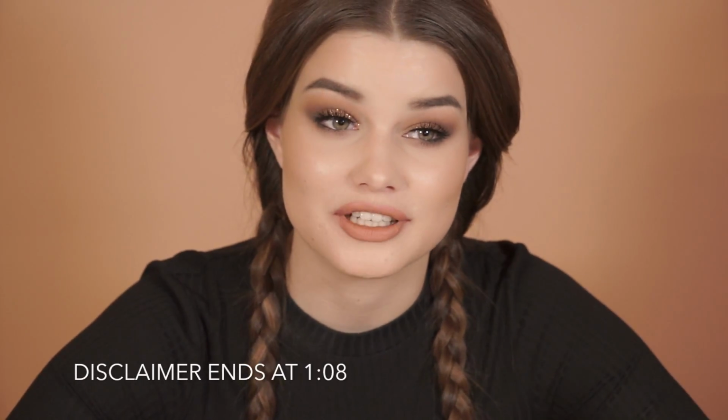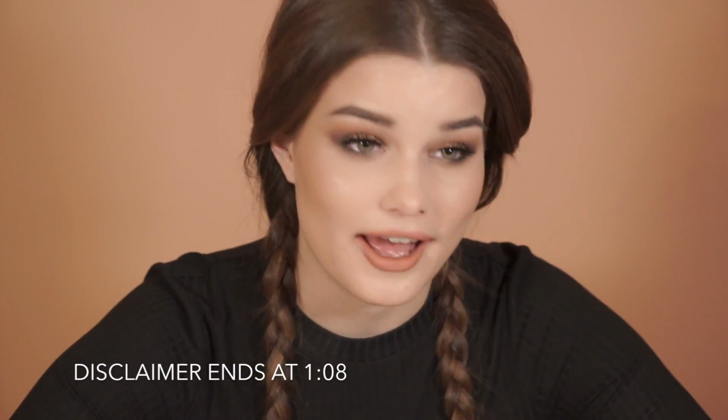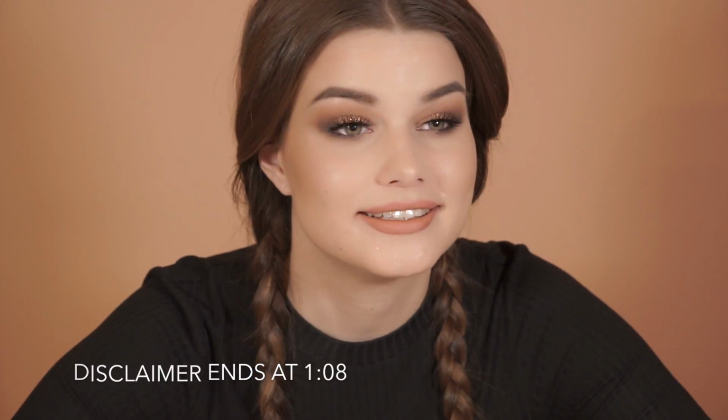So this is just a disclaimer for the people who are very observant and can tell that basically my entire face is glowing and glittering besides only my eyes, and that is because I did not have a proper glitter glue or anything like that to adhere the glitter onto my eyes, so I used some kind of alternative methods which comprised of a Urban Decay face primer that is a bit more sticky and Mac Fix Plus, and